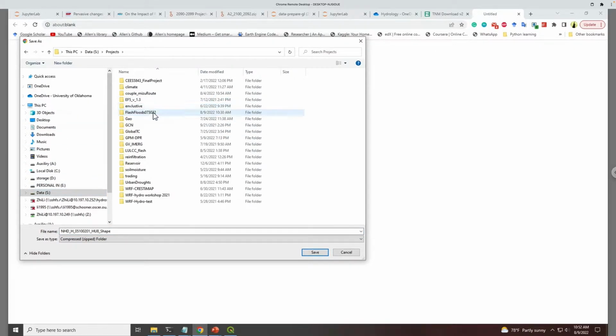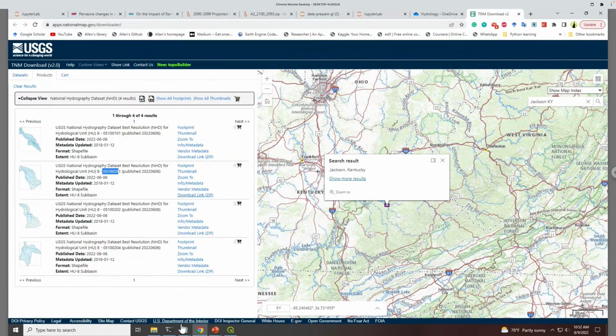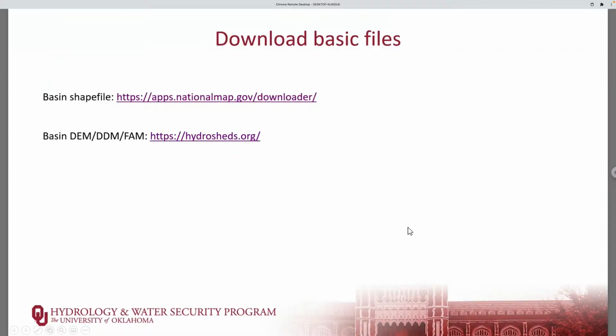Here I'm going to use the flash floods folder, this whole folder. I already downloaded this file, so no worries, I'm not going to download it again, but for you, you should be able to download this and extract the zip file using your Windows default zipper. Okay, since we have the basin shapefile already, we need to clip the digital elevation model, flow direction model, and flow accumulation model to the basin extent. So we're going to need to download the